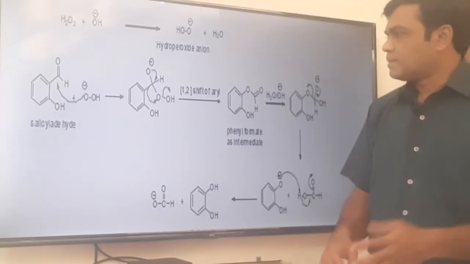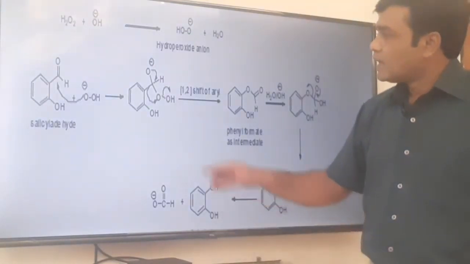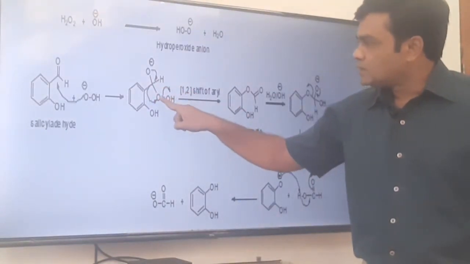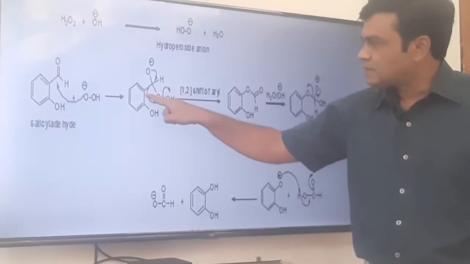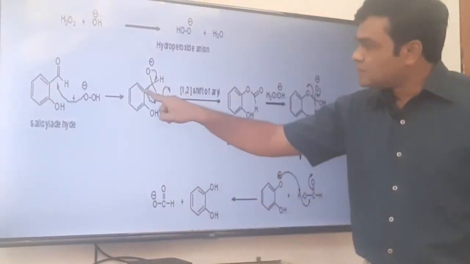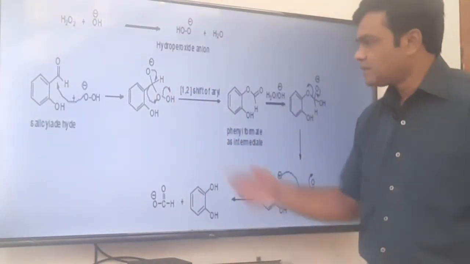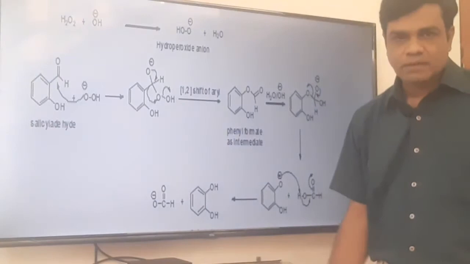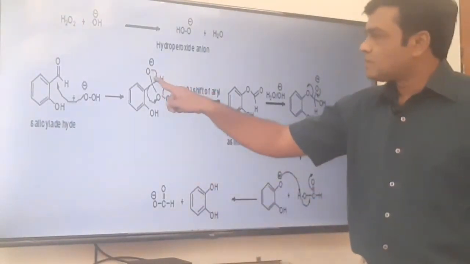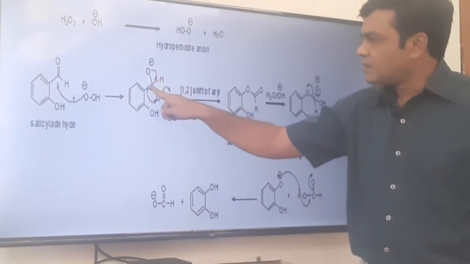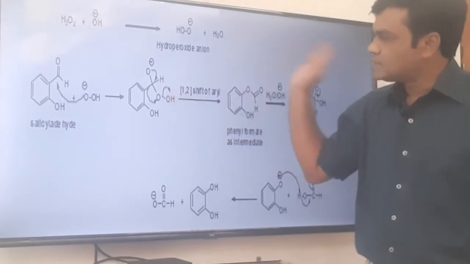Okay, so what is the picture after that? You can say it is a 1-2 shift, an aryl shift. So carbon oxygen bond. When this new bond is formed between carbon and oxygen, we know oxygen is bivalent. When this new bond is formed, the old bond will rupture, it will break, cleavage of this oxygen oxygen bond takes place. So it takes place simultaneously, formation of this new bond, breaking of this bond. So hydroxide ion is removed here.